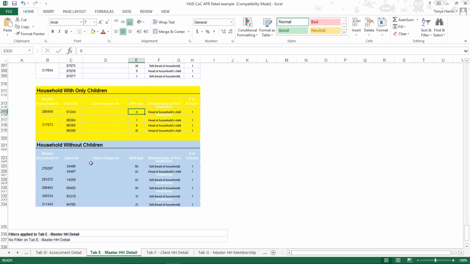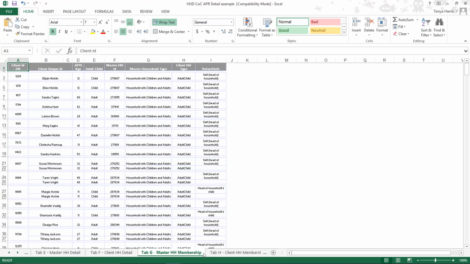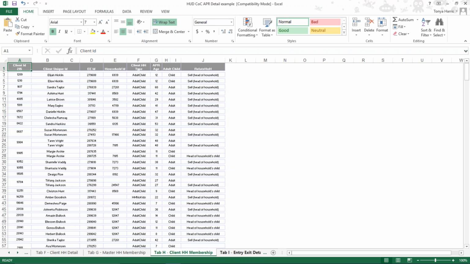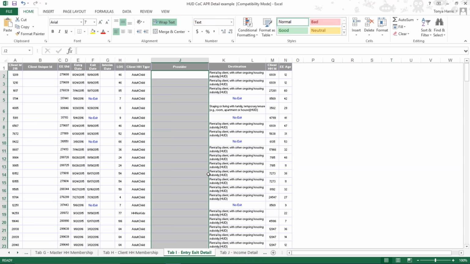And then it also is going to tell you households where you have no kids. So unless this is a singles-only program, you should have kids. So you should kind of be looking here. Am I supposed to have kids in my program? Because if not, I would imagine that 2 of these moms down here go with these 2 kids up here. Okay? So that's where you're going to find that missing data. And then we have 2, 3 more tabs on households. And then we have our entry-exit